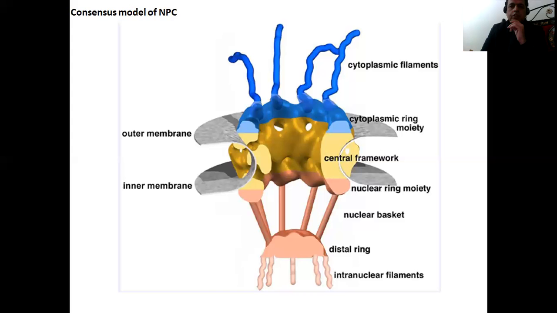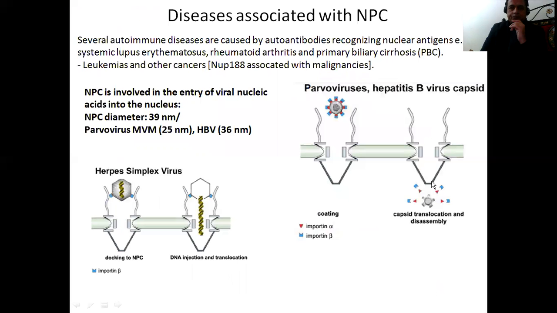As I told you, 30 different kinds of proteins are making this particular structure, and they are known as NUPs. So NUP 78 or NUP 80 or NUP 153. There are different types of proteins, and they have different functions as well. There are lots of diseases associated with the nuclear pore complex,